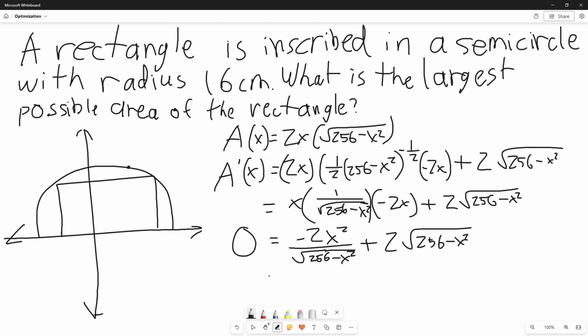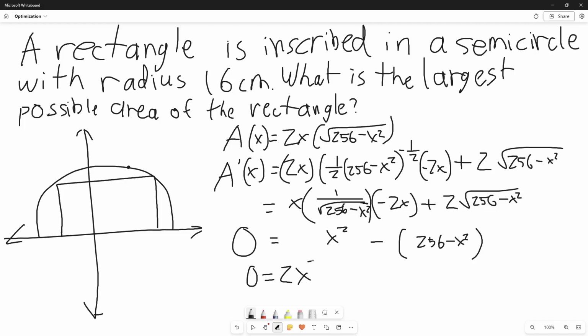the derivative. And then we can factor out a negative 2 from this and divide both sides by it. So this is going to be turned into minus this. And let's try to get rid of this fraction by multiplying both sides by the square root of 256 minus x squared. That will not change the left side, because it's just 0, and anything times 0 is just 0. So now this is our equation. x squared minus 256 minus x squared is going to be 0, which equals 2x squared minus 256, and 256 is equal to 2x squared, or 128 is equal to x squared, or x is equal to the square